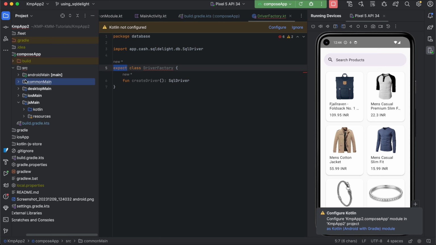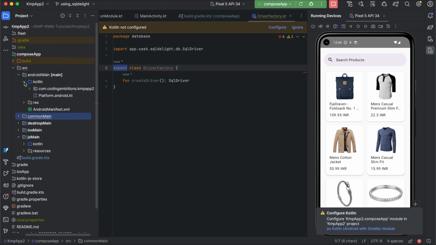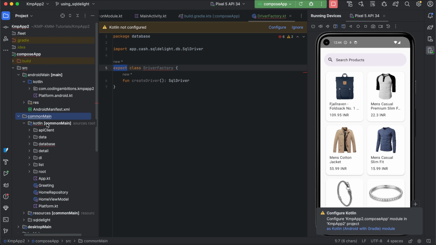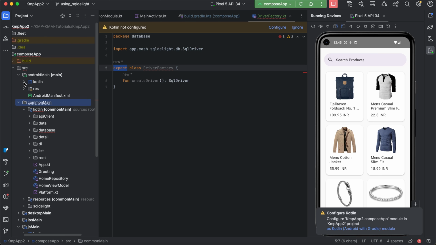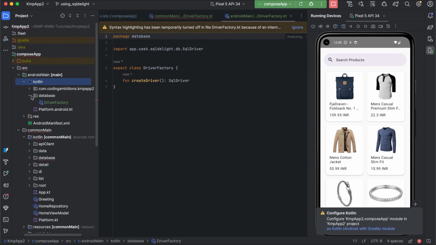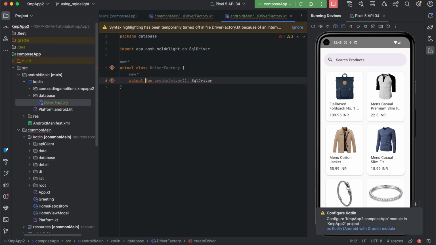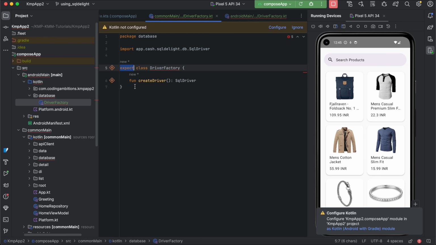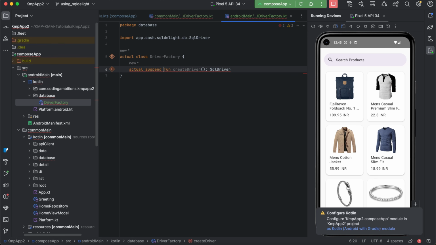other source sets, right? You can see. So that was inside, yeah, inside this Kotlin database. Okay, so that is Kotlin. Inside Kotlin we have database, right? Here it will be going. Yeah, so this one is there, and here what we need to do is make it actual. One thing further, this function will be suspend, actually suspend type. I'll be explaining why it is so. So actual suspend,